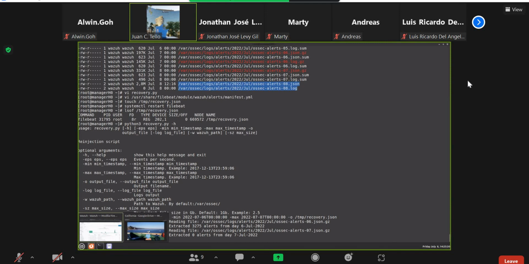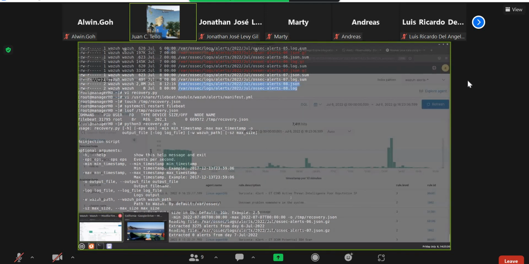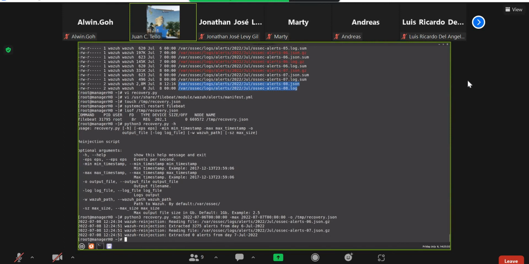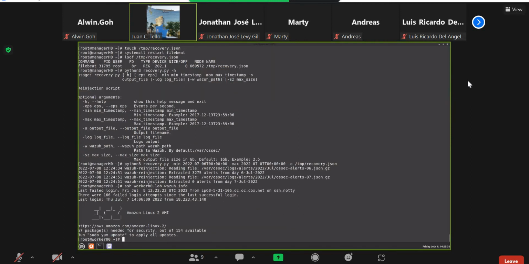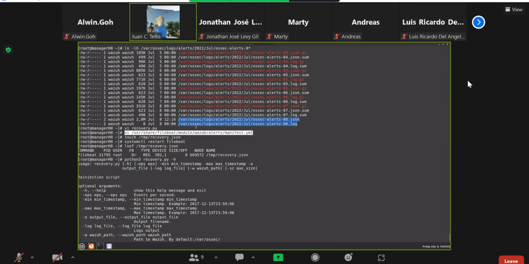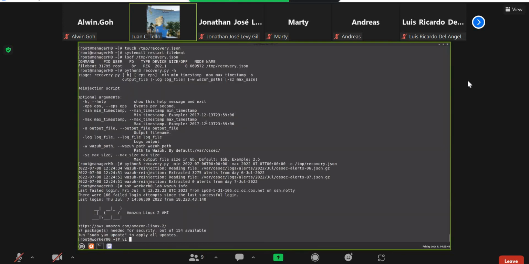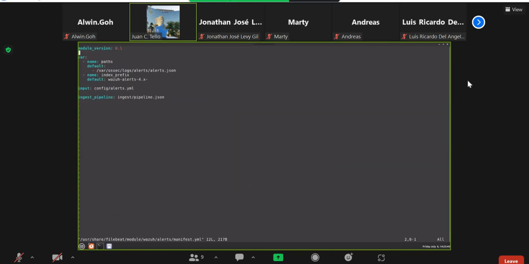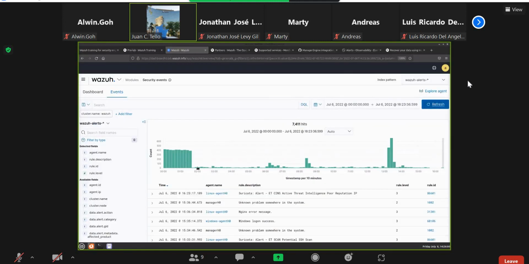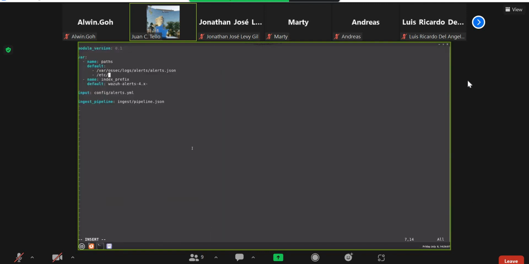And then, of course, if I want to do this for my worker node, it is just a matter of repeating the same process. Right. So I have to go to the worker, go into my alerts YAML, this one, manifest, and perform the same thing. Bear in mind that each worker, since they are working separately, will have a different set of alerts. And actually, I think that is why we have so many alerts and suddenly none, because I think at this point of the training, most of my agents were connected to the worker node. So recovery.json,